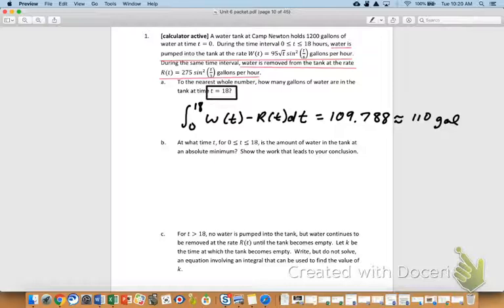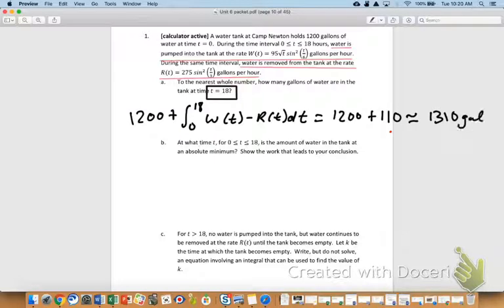110 is simply how much the amount changed. Or to say it as Hunter said, how much was added, because it's a positive number. So in order for me to get the final amount, what would I need to do? Add it to the starting. Add to how much was there. So what I would probably do here, I don't think I would write it exactly like this. I think I would probably go, right at the start, I would say 1,200 plus roughly 110 equals approximately 1,310 gallons. You want to be really careful that you don't abuse the equal sign.